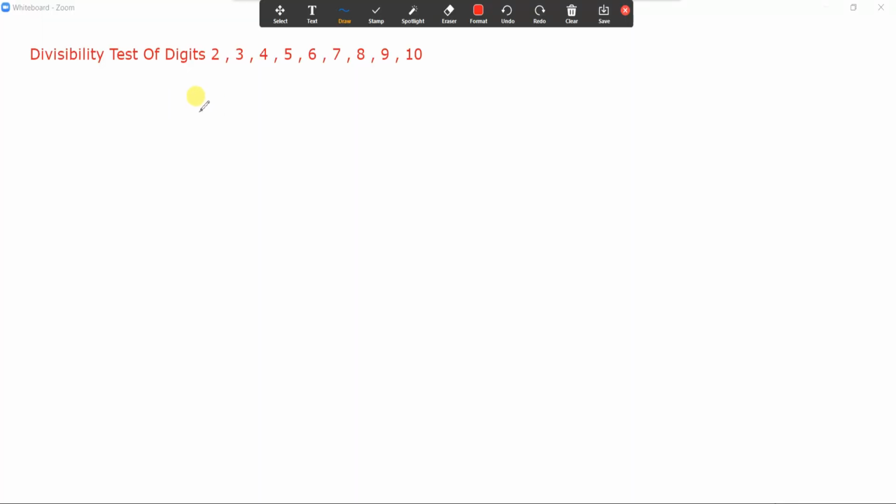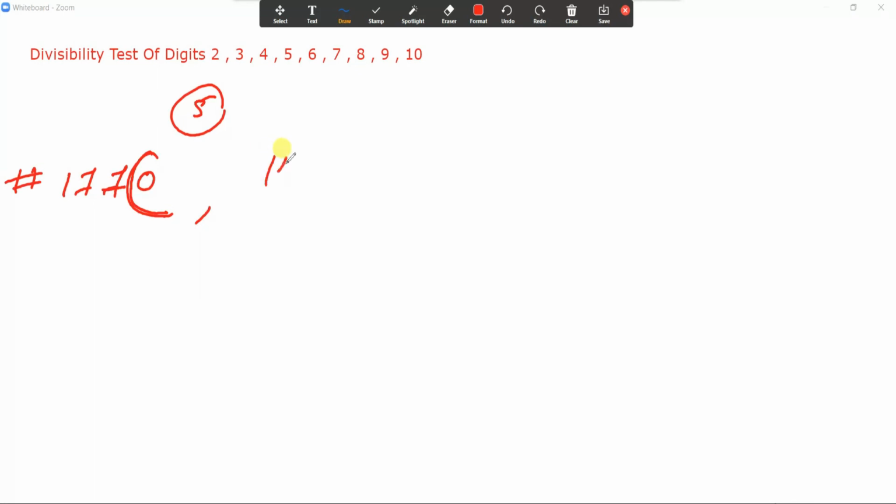So now let's check for 5 whether the given number is divisible by 5 or not. This is a very easy trick. To check whether the number is divisible by 5 or not, just look for 0 or 5 at the end of that number. Suppose one example, 1770. Don't say anything, just see the last number. If the last number is 0 or 5, then we confirm that this whole number is also divisible by 5.